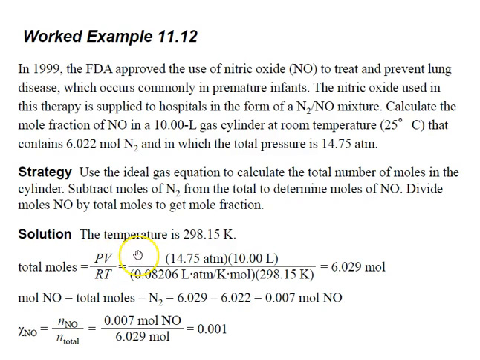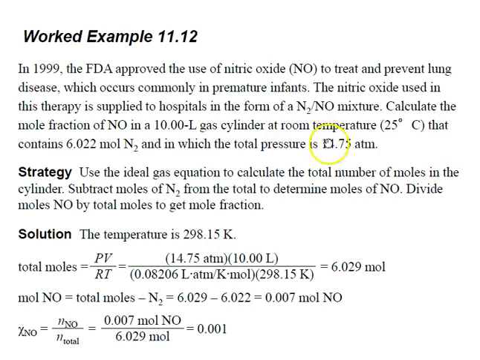The pressure is given, 14.75, so we just put that in. The volume is 10 liters for the gas cylinder, so that's in there as well. Here's our normal gas constant, you're probably familiar with now. Room temperature in Kelvin, just add 273.15. There's our Kelvin temperature. Checking to make sure all of our units cancel. Everything does except for moles. So we're left with 1 over 1 over moles, which puts moles just back in the numerator. This comes out to be 6.029